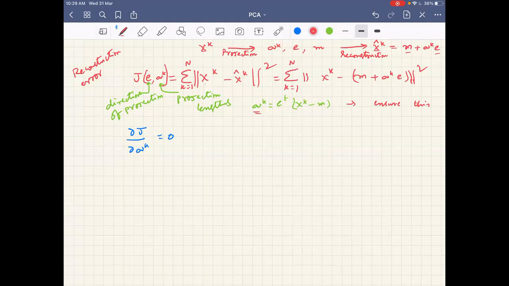Now the first question is, when I differentiate with respect to ak, I want to find the partial derivative of J with respect to ak. Tell me, how should I proceed? Can one of you tell how I should proceed? Any ideas? Please note that these are vectors. This is a vector, this is a vector, and this is a vector. What should I do? However, this ak is a scalar.